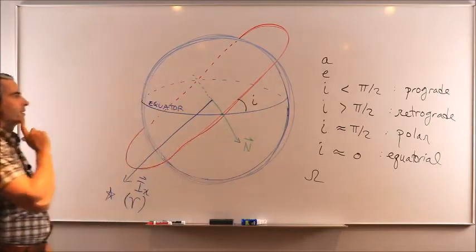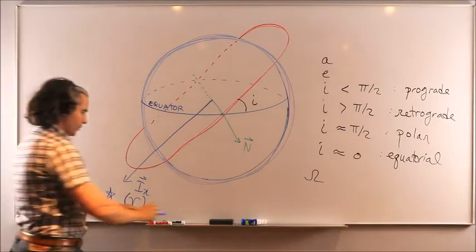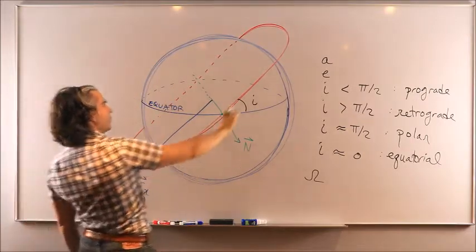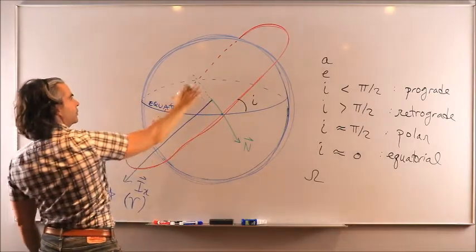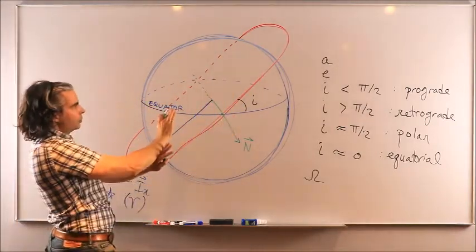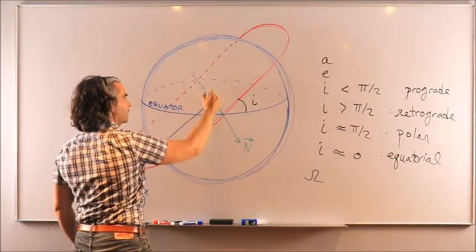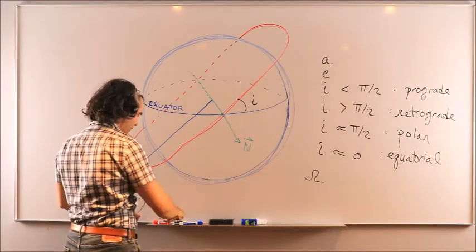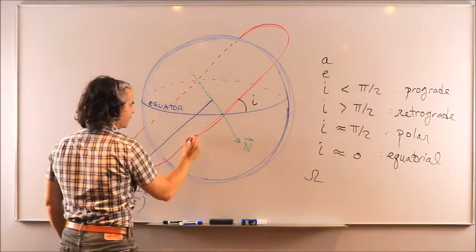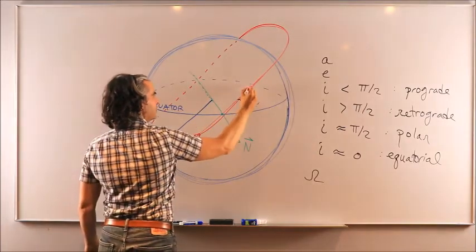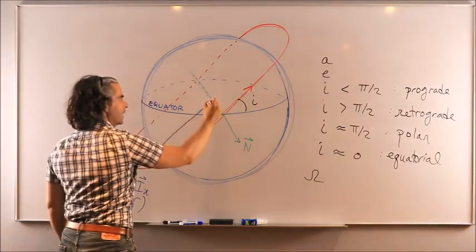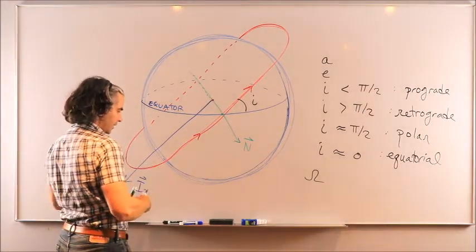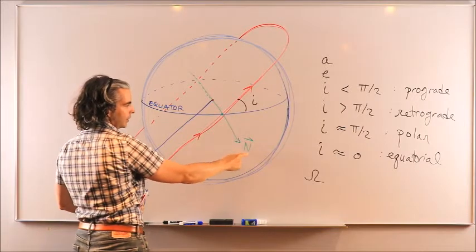Like that. Not sure if it's getting too cluttered, but you see the orbital plane in red, and you have the equatorial plane in blue. Where those two planes meet, you can draw a line, and you have to look at the direction where the orbit goes from the southern hemisphere up to the northern hemisphere of the Earth, and that vector from the center of the Earth into that direction is the line of ascending node, capital N,